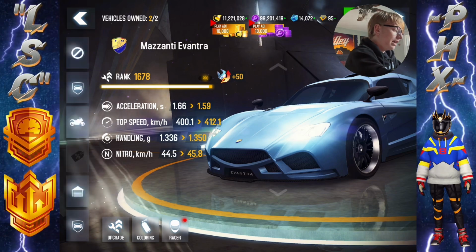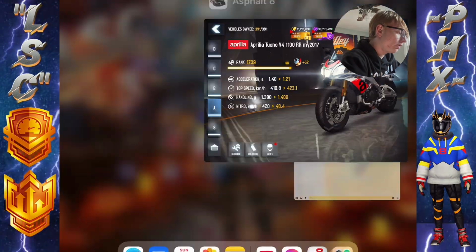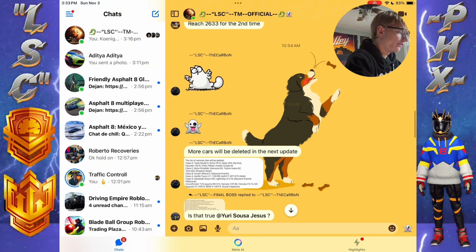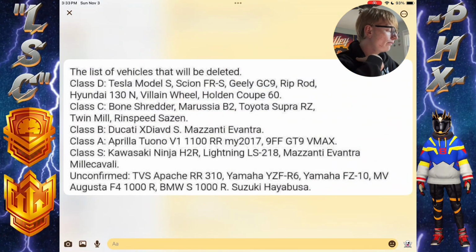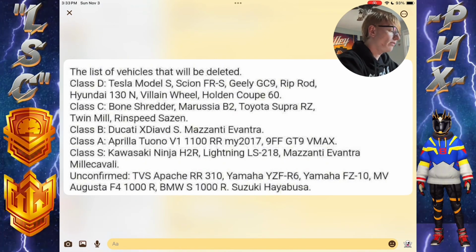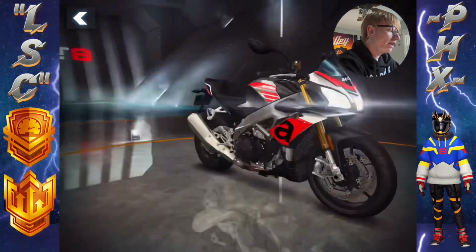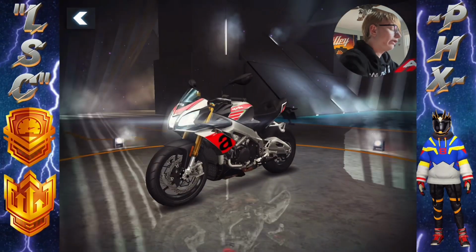Next, moving to A-Class, we have this Aprilia. Actually, let me show you. It's here. So, moving to A-Class, the Aprilia Tuono V1 1100 RR 2017, and the 9FF GT9 VMAX. So this bike was also limited. It's no longer going to be in the game as update 72 rolls around,